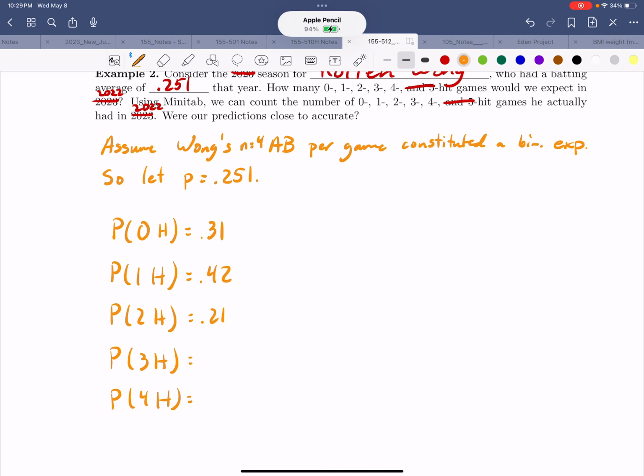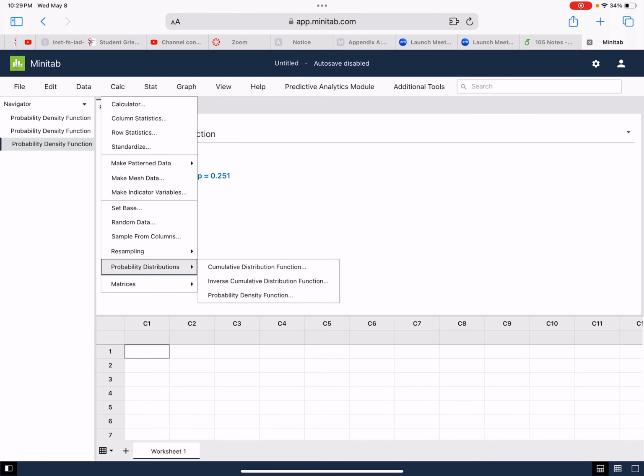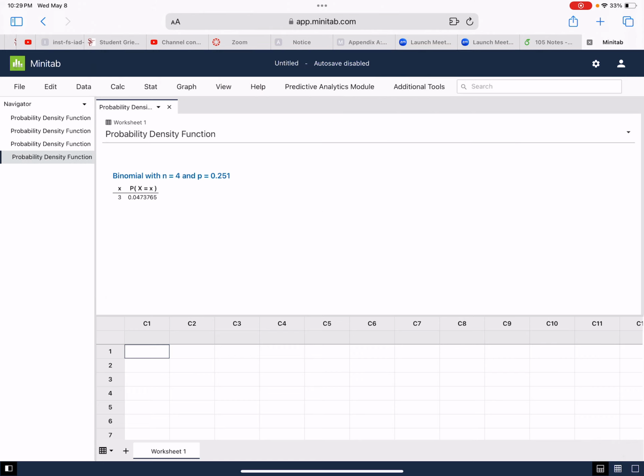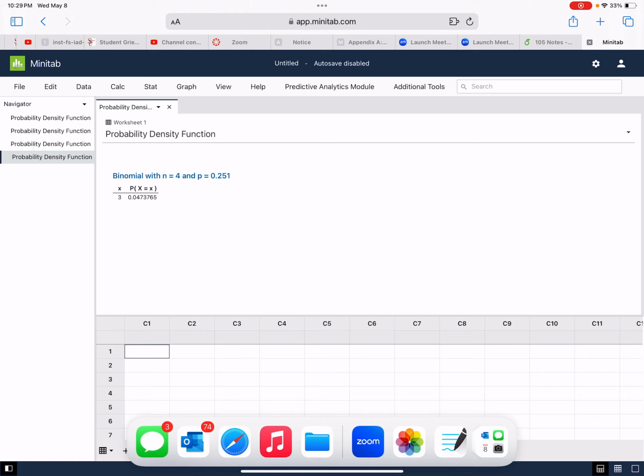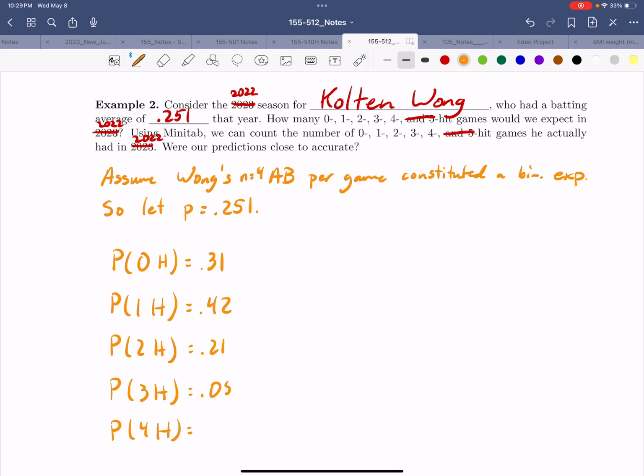Right, let's take a look at 3 hits. Calc here, here. Change it to 3. About 5%. All right, we're going to round to the nearest hundredth. And then last but not least,